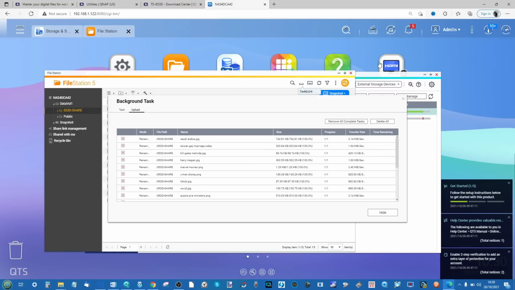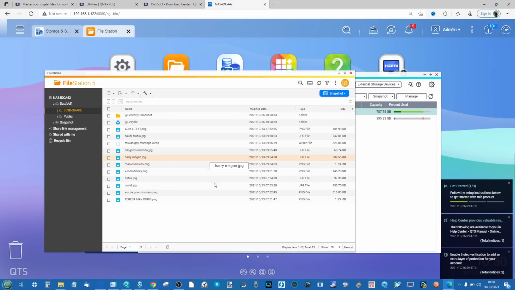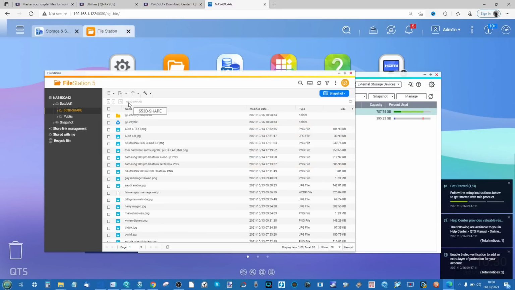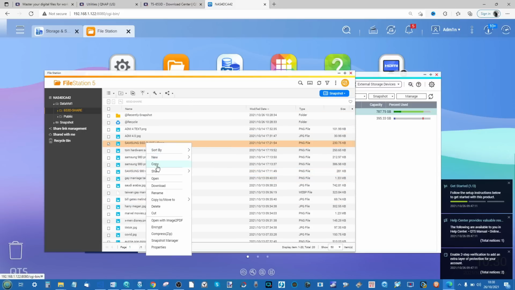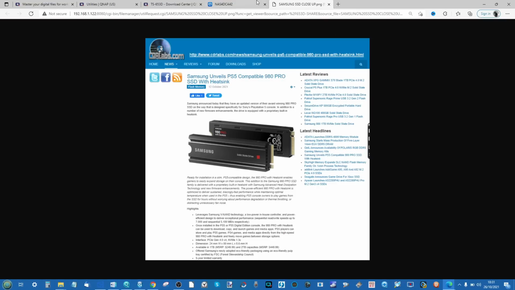And as these files are uploaded very, very quickly, they will appear in that folder. As you see, the 653D shared folder. All of those files are there. We can even view them here on the web browser. So we can double click them and it will open them up here, as you can see from one of